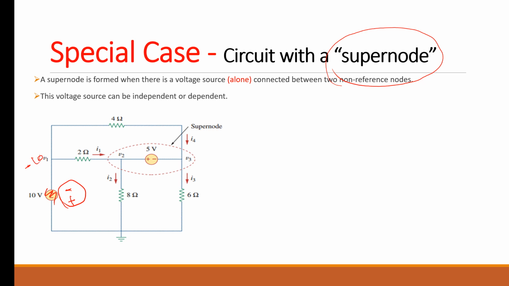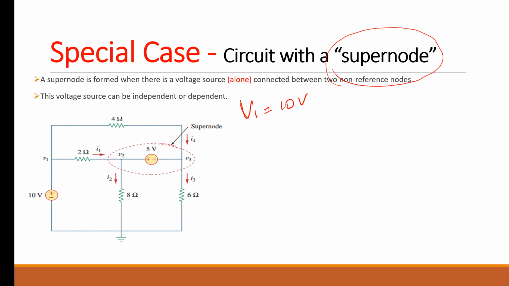So you can already find out that when there is only a voltage source between the reference node and another node, you already know that node's voltage, so that won't become a supernode. Now let's see how to solve the question. When you have a supernode, what are the things we know? We already know that V1 is equal to 10 volts, and this supernode,